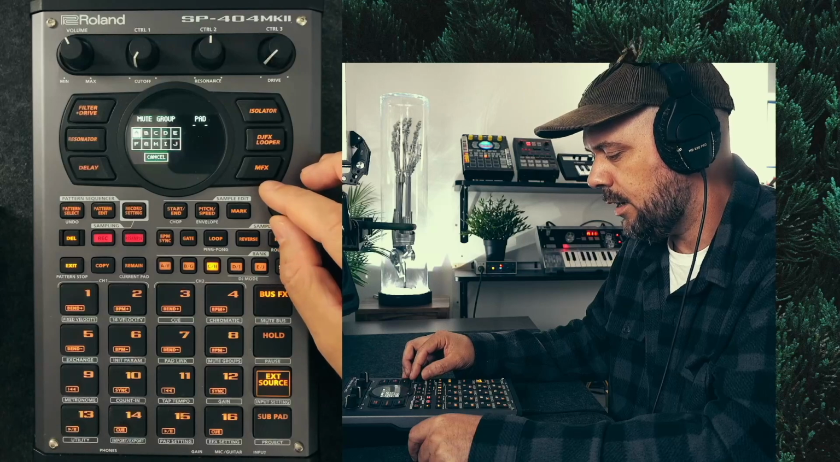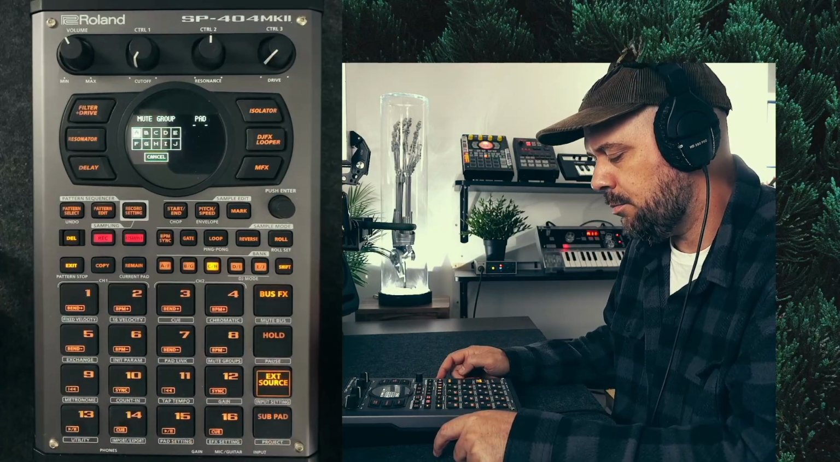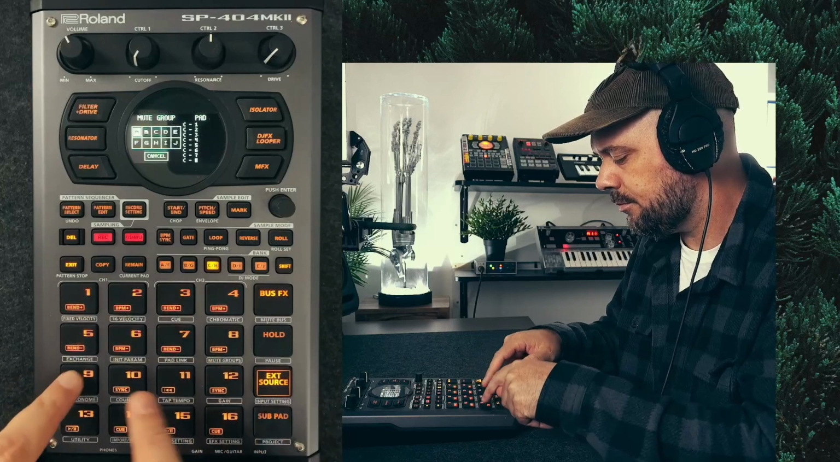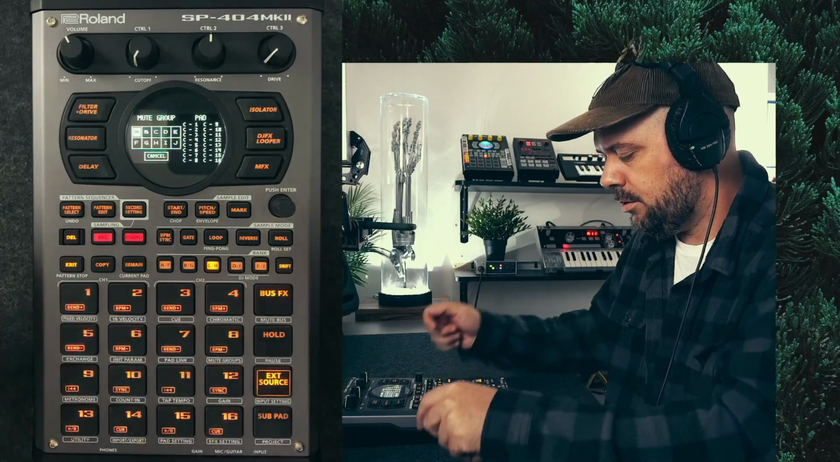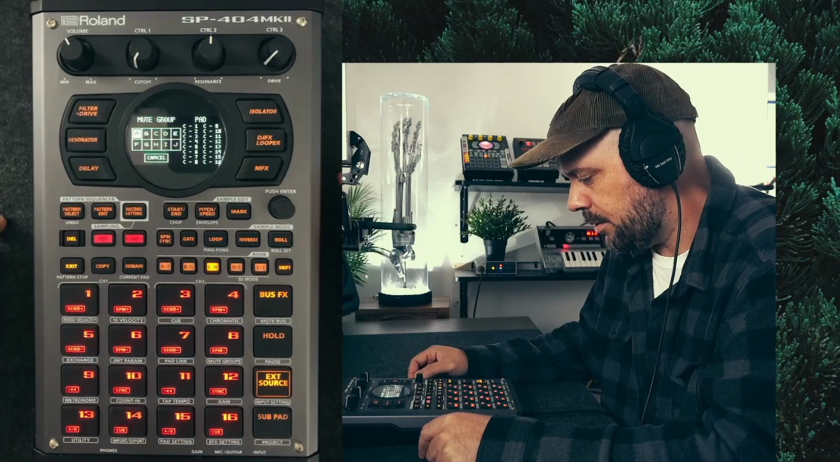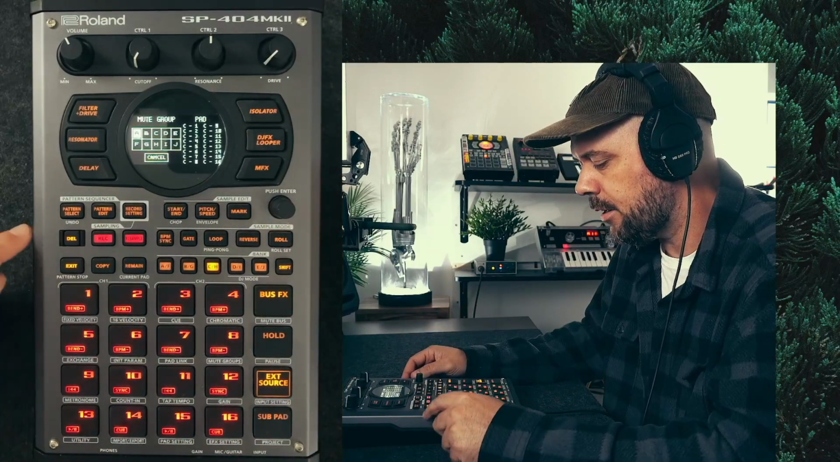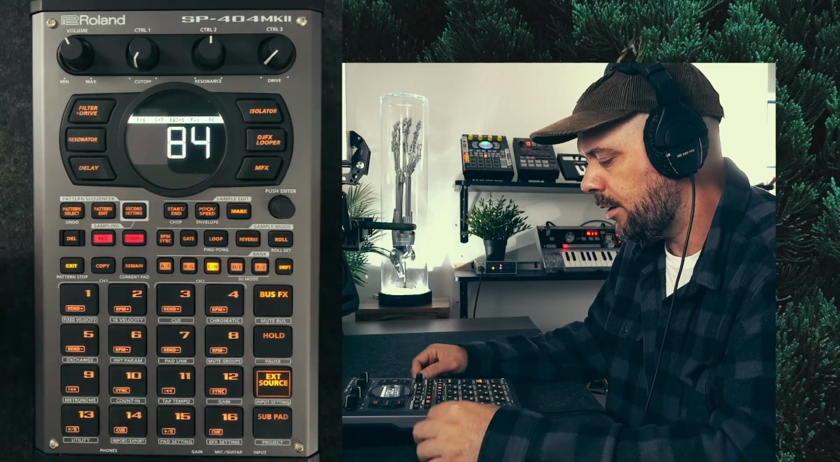Let's just leave it at A. And then you select the pads that you want to cut each other off. So it's usually a little manual process, but it only takes a second. So now those are going to cut each other off. And if I go exit to go back to the working area,